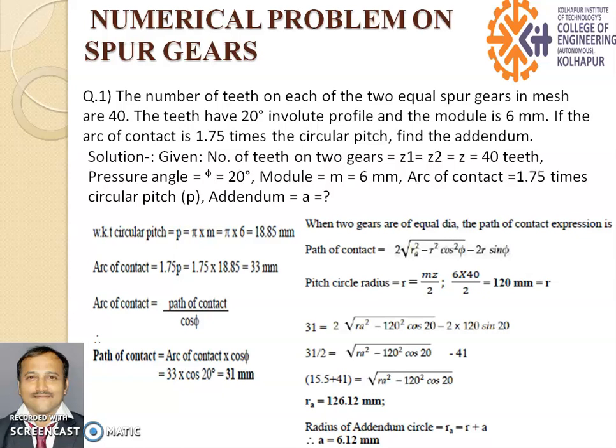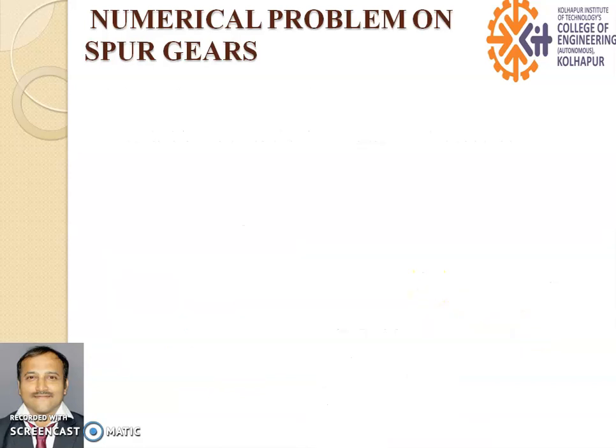So in the question they have asked to calculate addendum. So addendum is equal to radius of addendum circle minus radius of pitch circle. So addendum is equal to 6.1 mm. So this is the first question. Second question,